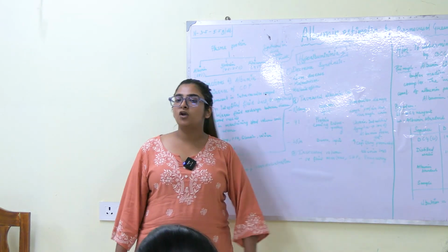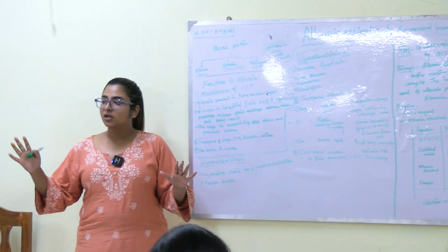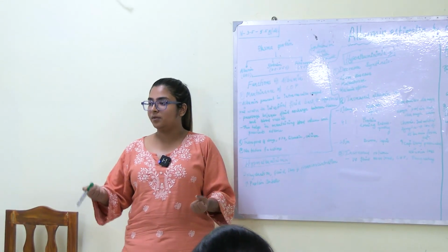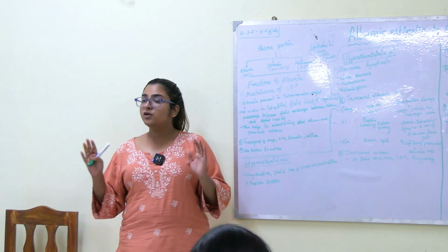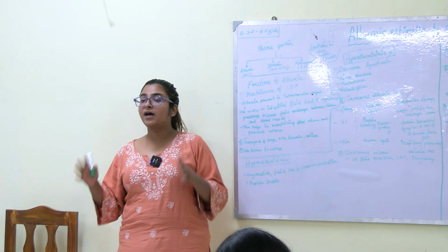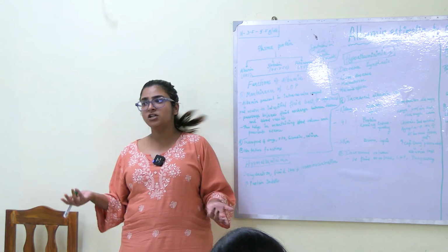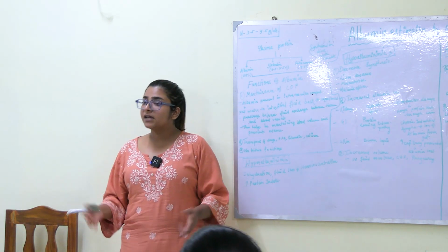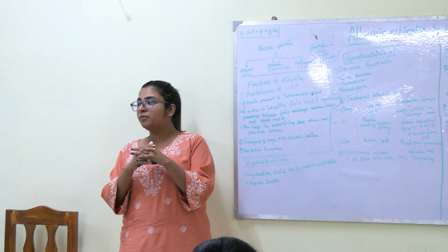Now, increased albumin loss. There is enough albumin production in our body, but there is increased loss also. The body cannot hold albumin enough so that the balance can be maintained or the functions can be restored. So in what cases can there be enough loss of albumin in our body? Any renal cause. The kidneys aren't doing their job. The glomerular filtration does what? It filters the albumin in our body.